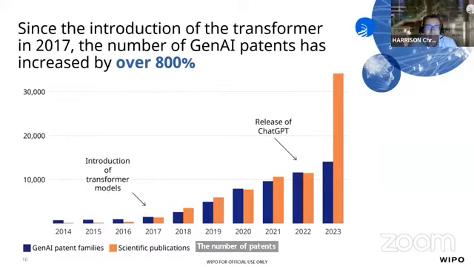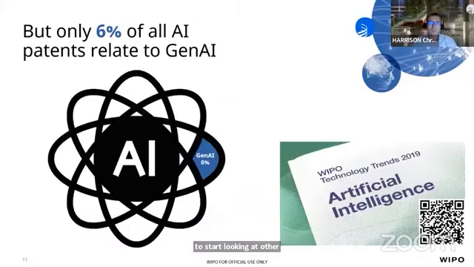And you can see the level of growth here, and you can really see from what I showed in my previous slide around the huge volume of scientific publications that were published in last year alone. And you can see how following the release of ChatGPT in 2022, that really then spurred on many different researchers to start looking at other potential research in the Gen AI field.